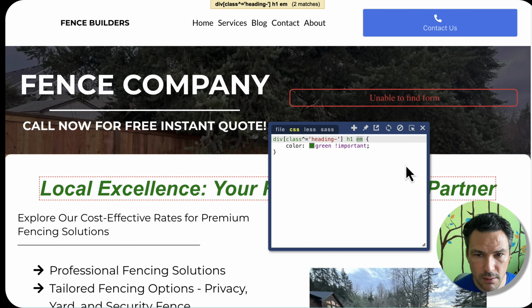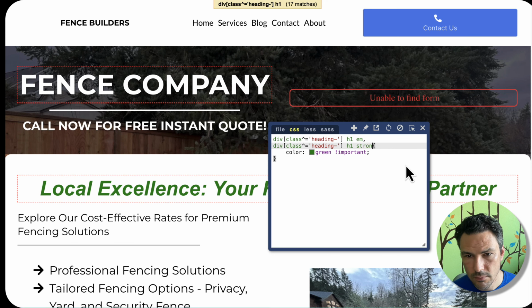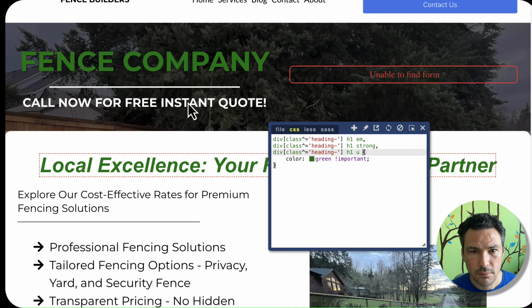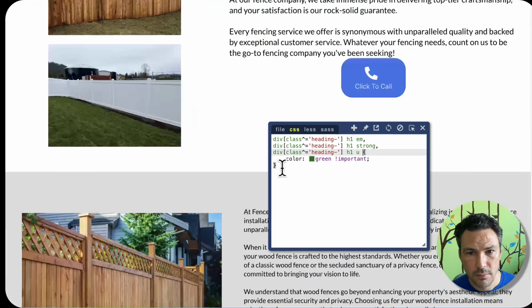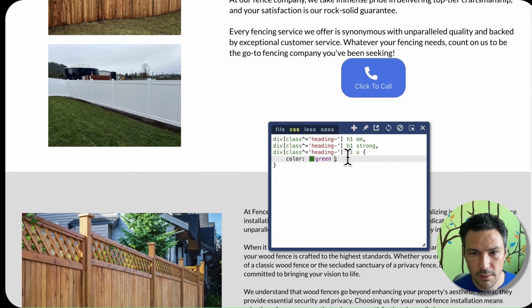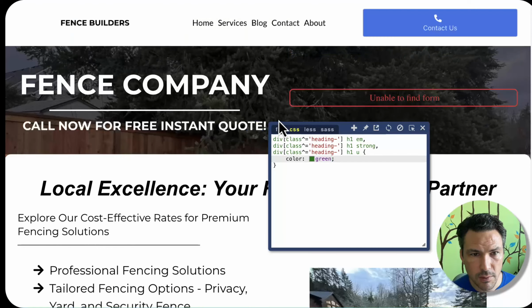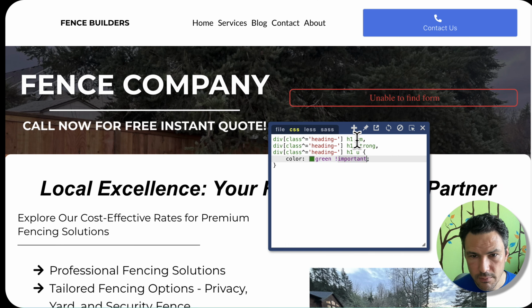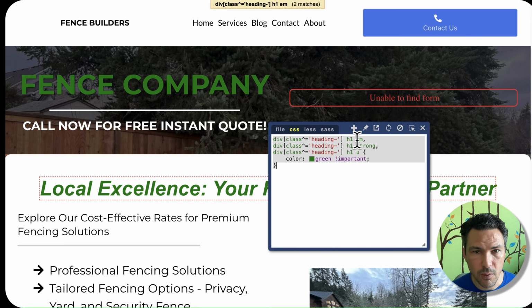I mean, technically, you could do all of them. Okay, so now, oh, and let's get rid of important and see if it still works. We don't want to use that if we don't have to. Yeah. Looks like we do have to. So now that we know our working CSS rule,